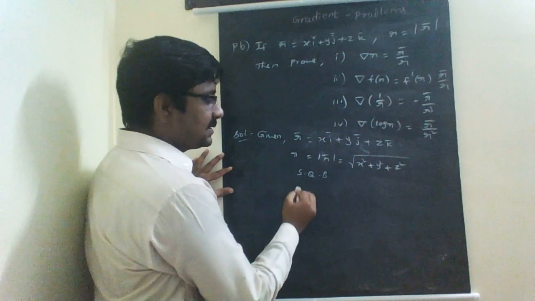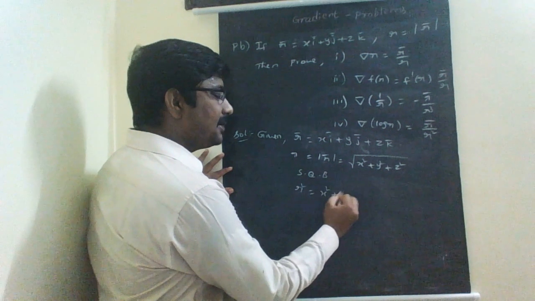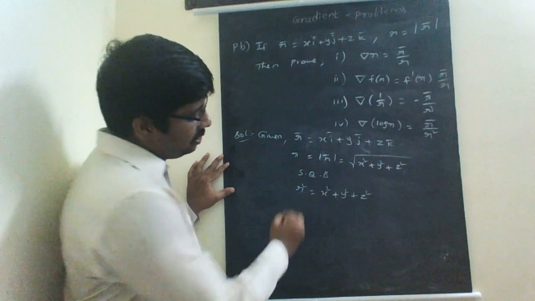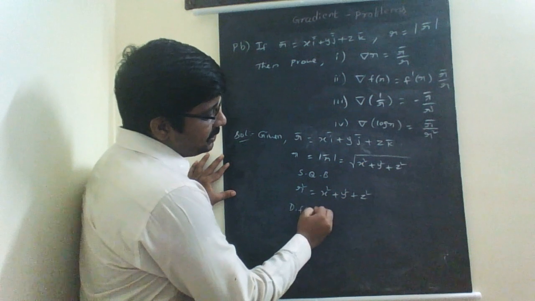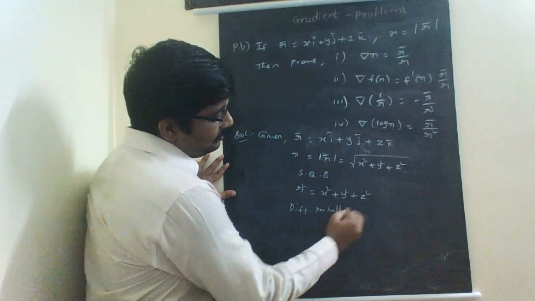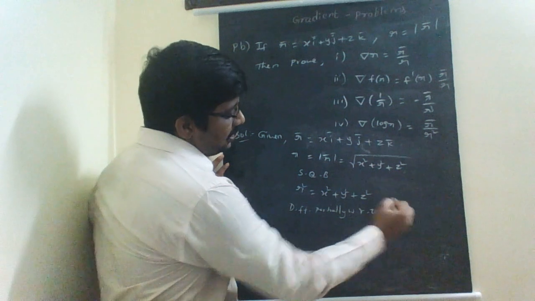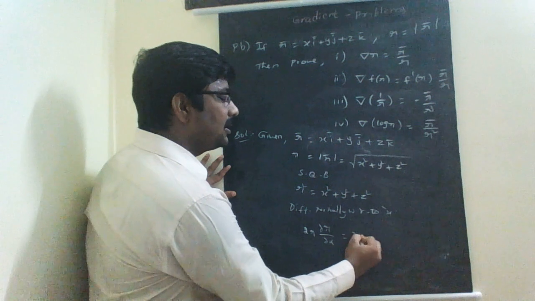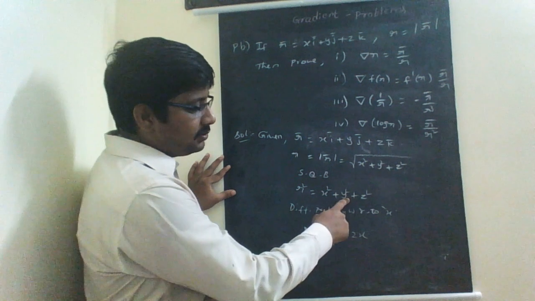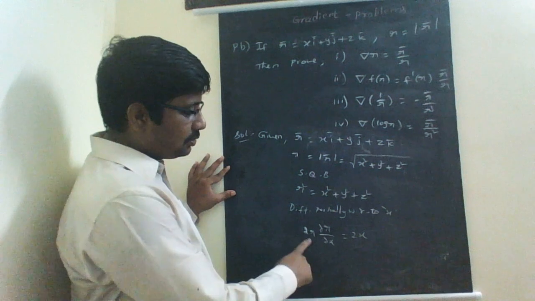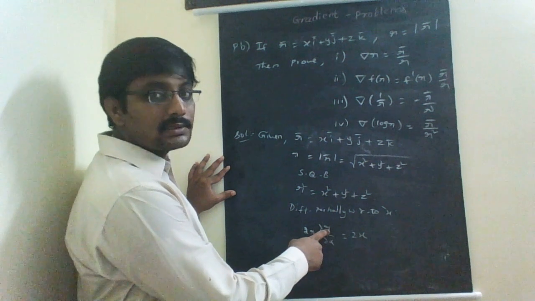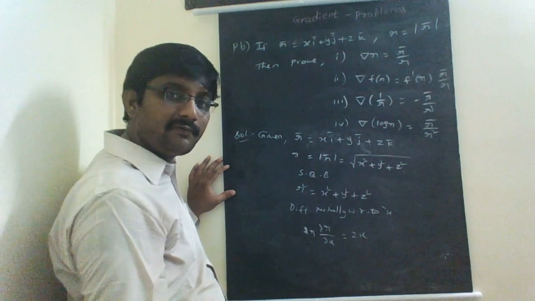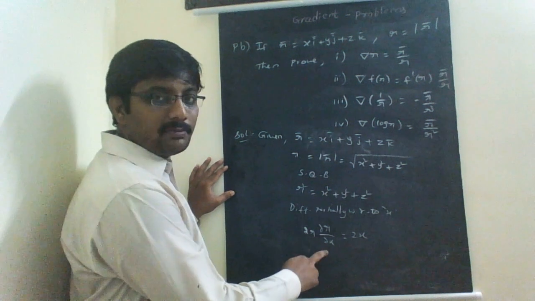Now squaring on both sides, we will get r square is x square plus y square plus z square. So it is the value of r square. Now differentiating this equation partially with respect to x, we will get r square derivative is 2r dou r upon dou x, x square derivative is 2x, y square derivative 0, z square derivative 0. So 2r into dou r by dou x, we have to differentiate r also, because don't forget r is in terms of x, y, z. We have to give the preference for r, whose derivative is given by dou r by dou x.